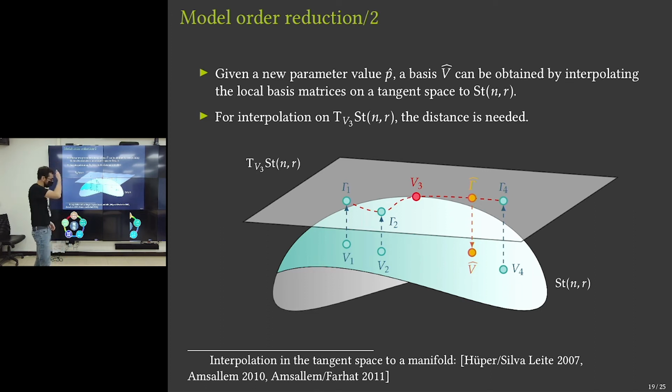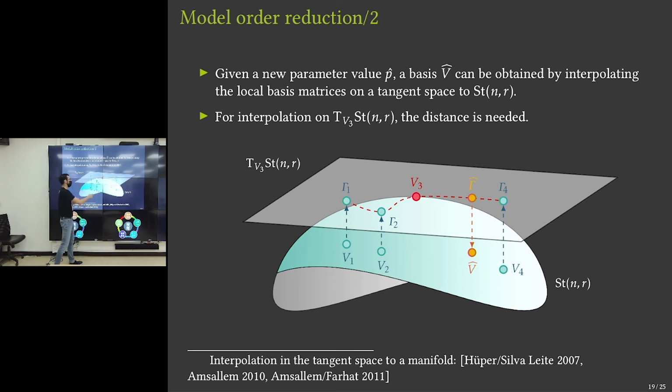Okay. So this has been around for quite some time, as you can see, 15 years at least. What they consider is the interpolation in the tangent space to the Stiefel manifold. So these are some references. It looks something like this. We have already seen similar pictures 2 months ago. So the idea is we have these points, these orthonormal matrices on the manifold. Like here, I just considered 4. We choose one of them